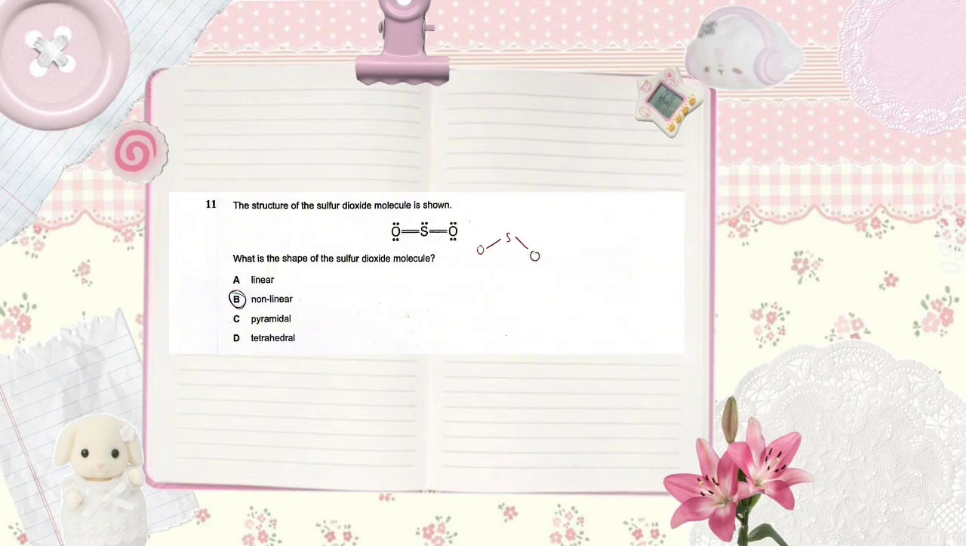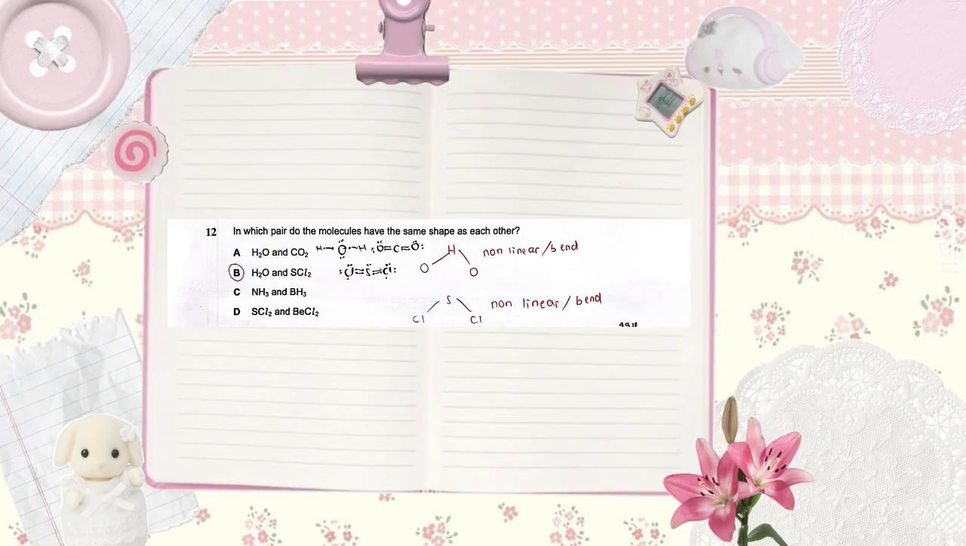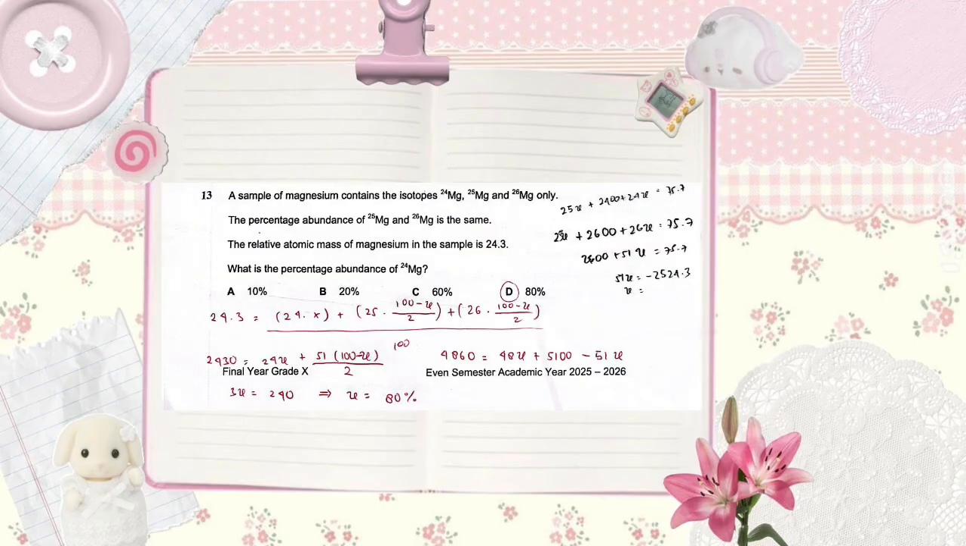And next, the answer is non-linear because the structure is going to be bent. The answer is H2O and SCl2 because their structure is the same. It's non-linear, or bent. Next, how to find the percentage abundance of magnesium-24: we use the formula 24.3